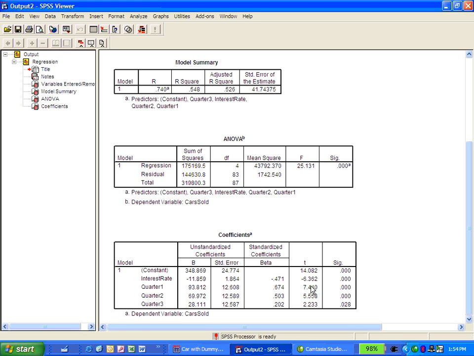Again, we look at the significance, and all our variables are significant. So this model is not all that great at explaining, but it does illustrate how you interpret a dummy variable. And that concludes this